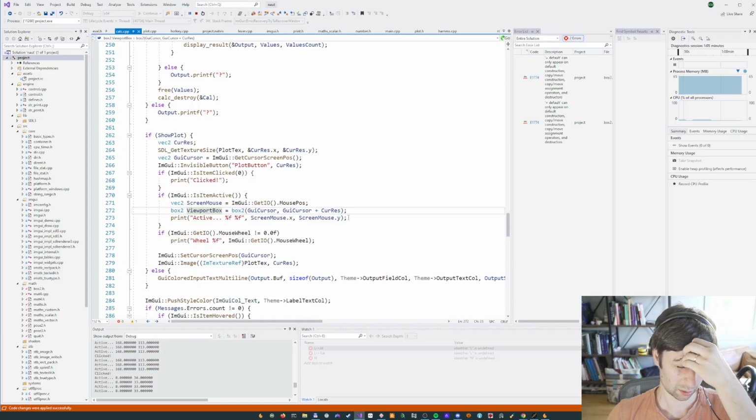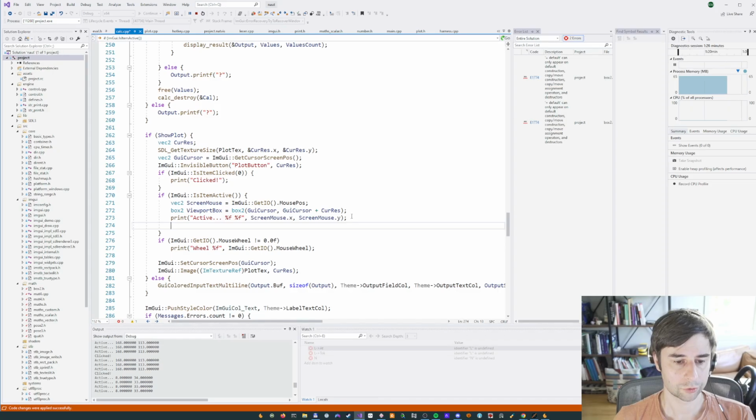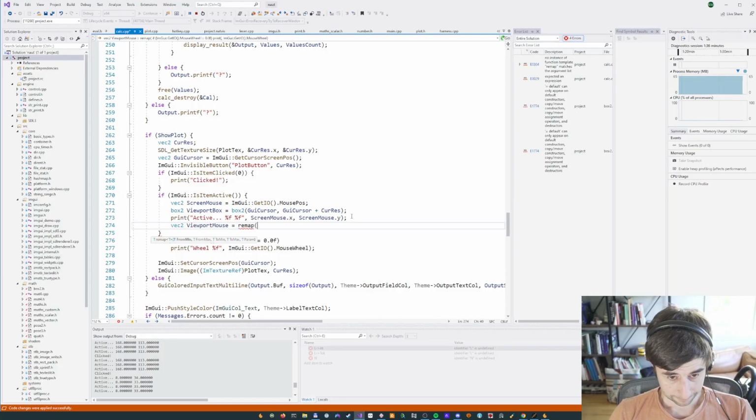And so what we want is coordinates that are normalized, like mouse coordinates that are normalized to the viewport, because it's like a little mini viewport. And so what we want to do is do this remap where we do vec2 viewport mouse. We remap from the screen,